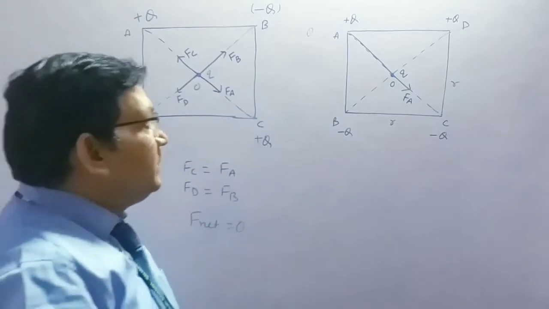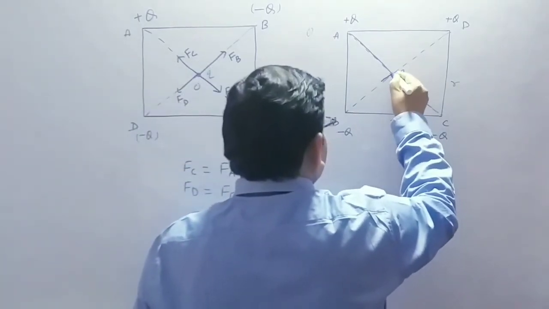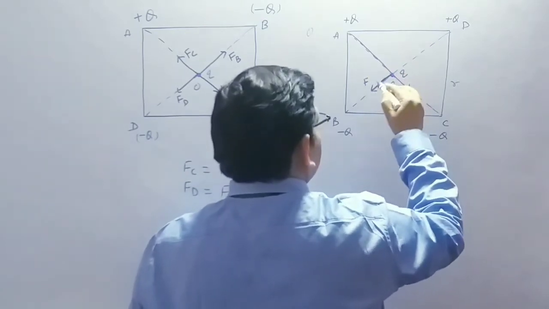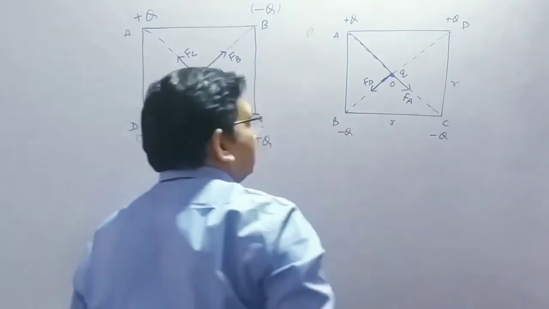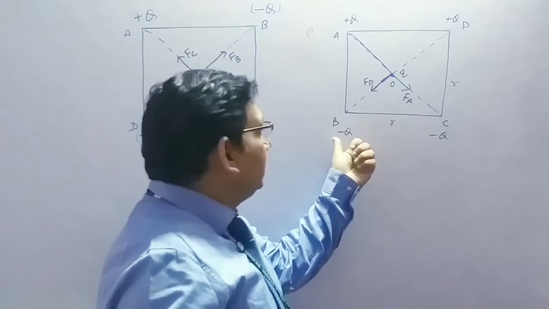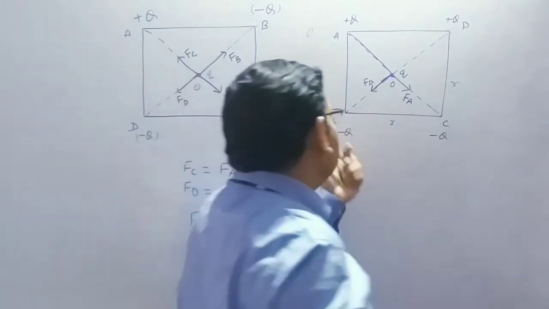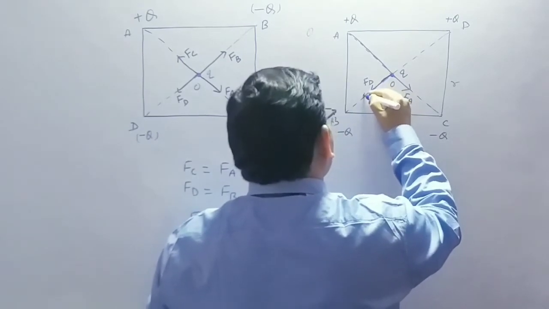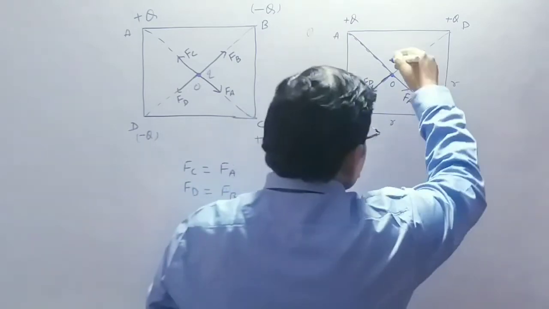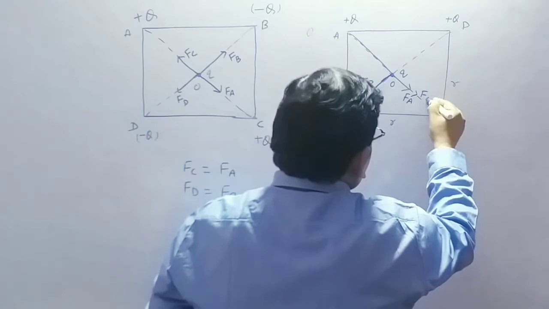Similarly, the plus Q charge at D exerts force on q and this is repulsive in nature. Force exerted by D, repulsive in nature. Now here, what will be the direction of the force? Here, a small q will be attracted in this direction. So here, one more force. This is the force due to B. This force is also attractive. Force C is attractive in nature.